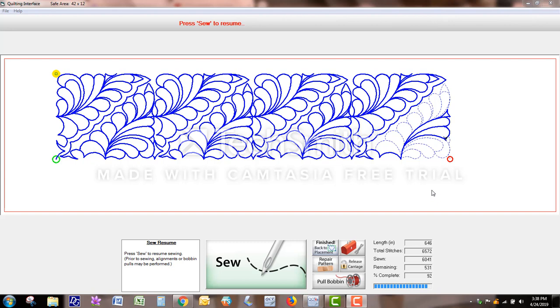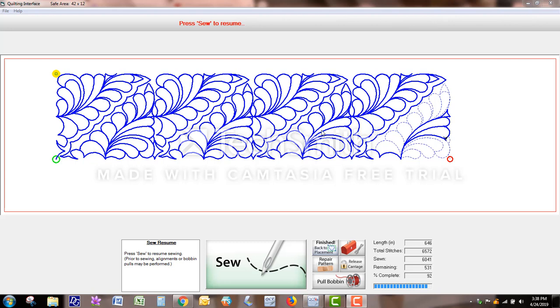over. My machine does not stop if my thread runs out, so many times I stitch a whole row only to find out that the thread ran out somewhere here in the middle. Very frustrating. So the first thing you need to do is find where the thread ran out. And sometimes that's hard to do. You kind of have to trace back looking at the pattern to find out where it is on your quilt. Or sometimes if you look underneath your quilt, there's a bobbin thread hanging and you can tell about where it